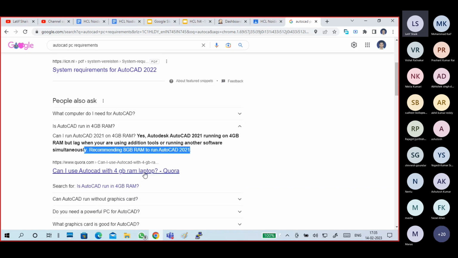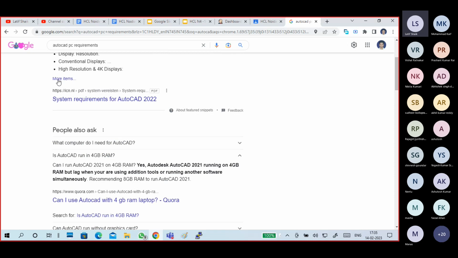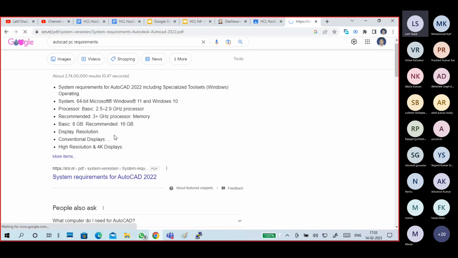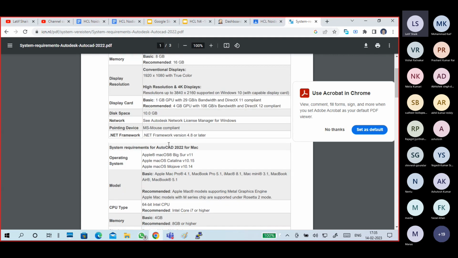How much graphics memory is required? Graphics card memory is also required, right? So you can check what graphics memory is required. If you have that in your system, you can use it.